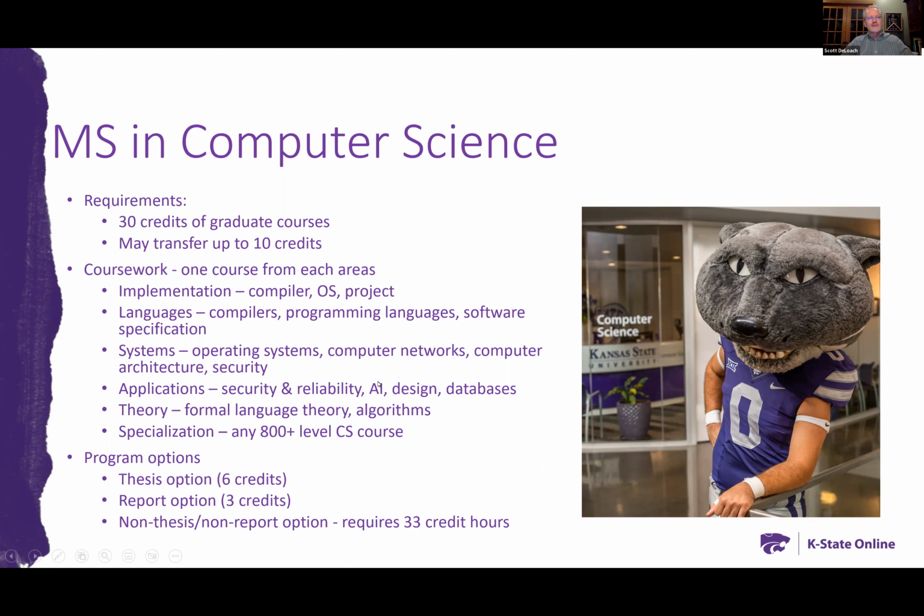So if you look at this, there's basically 6 areas where you have 1 3-credit class in each area. So that's 18 credits. And then the rest of the courses, you kind of pick any technical elective you'd like, a graduate level computer science course. And then you also